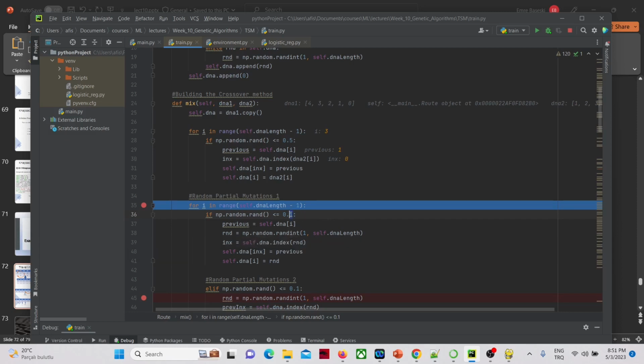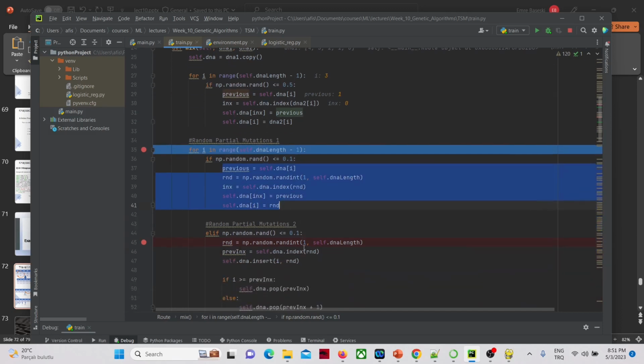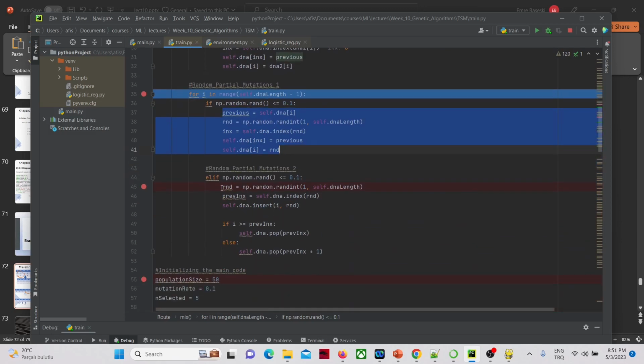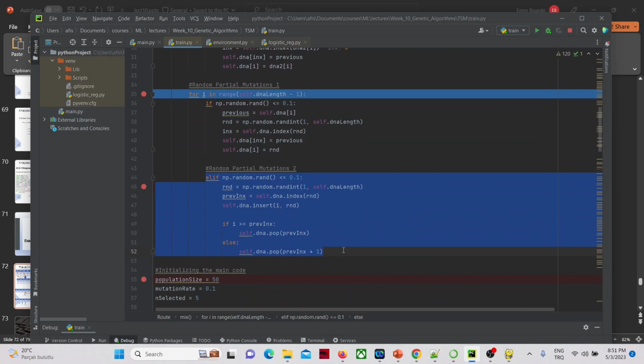So this is some sort of a mutation rate. For 10% of the genes, we will apply this basic mutation method, and for the rest, again with a 10% statistics, we will try to apply this more complicated insertion mutation. Okay,